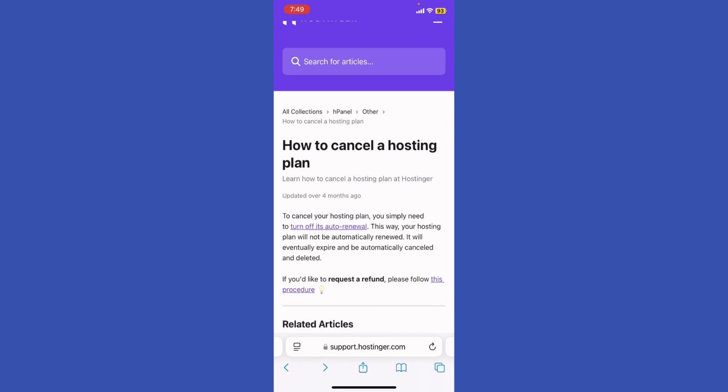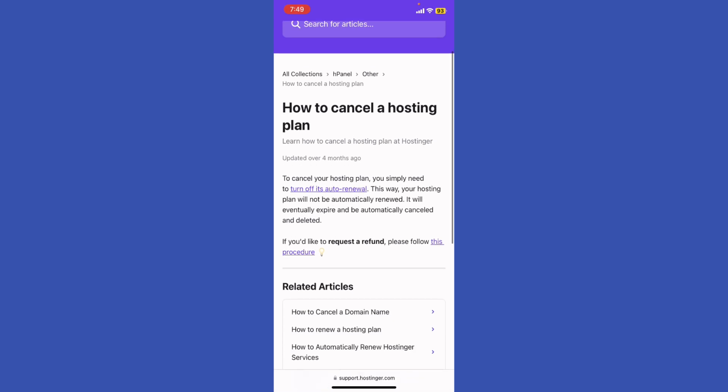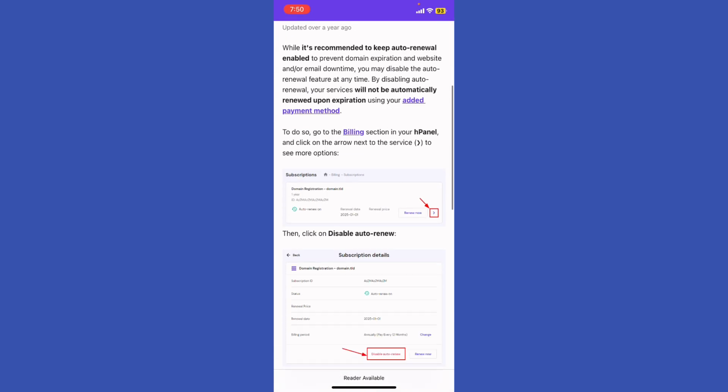So now what we're going to do, we're going to go to the official website, and it says right here that to cancel your hosting plan, you simply need to turn off its auto renewal. This way your hosting plan will not be automatically renewed. If you want to know how to turn off auto renewal, go to the billing section